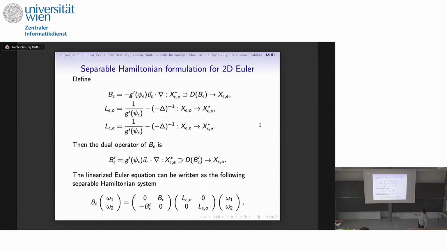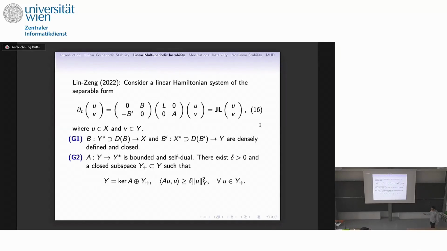Then we can write it in Hamiltonian form of this shape. You can see now the anti-self-adjoint part is off diagonal, and the self-adjoint, symmetrical part is diagonal. So we call this a separable Hamiltonian system. For this kind of separable Hamiltonian system, in an earlier work with my colleague Zhang, we developed